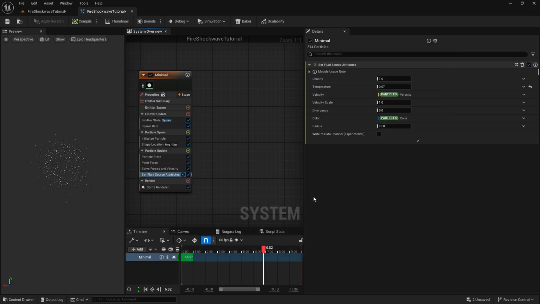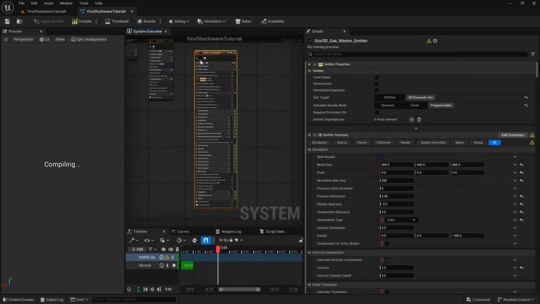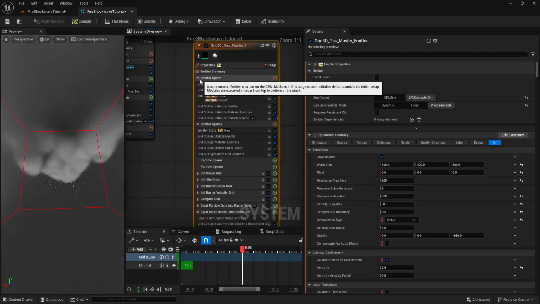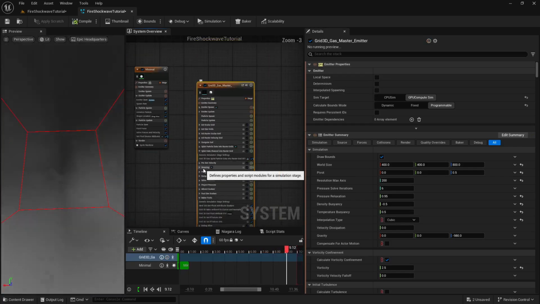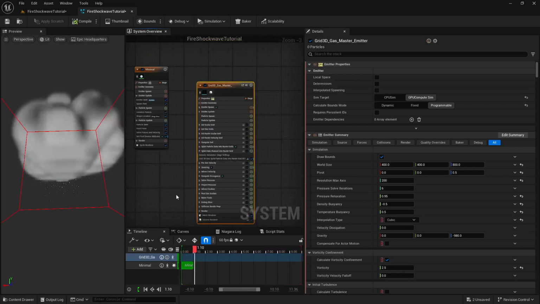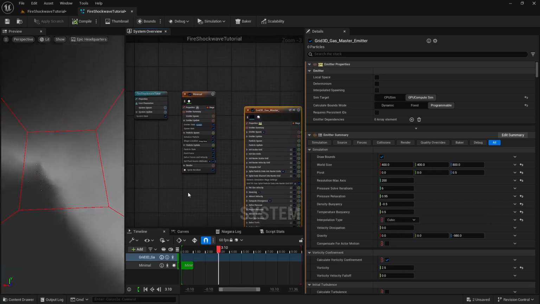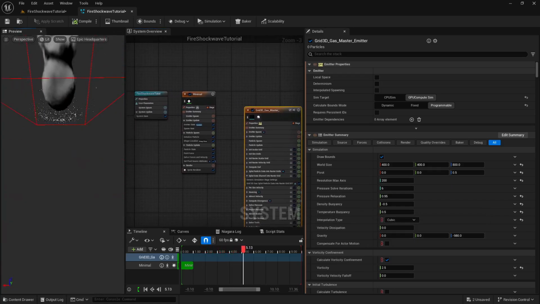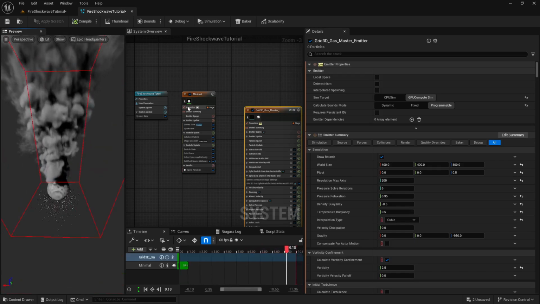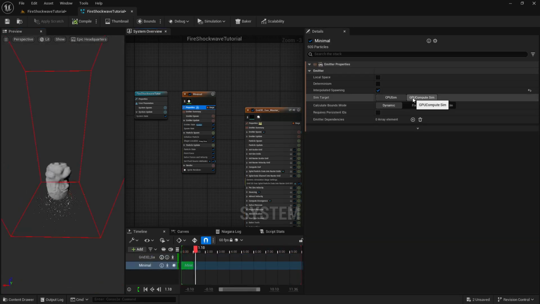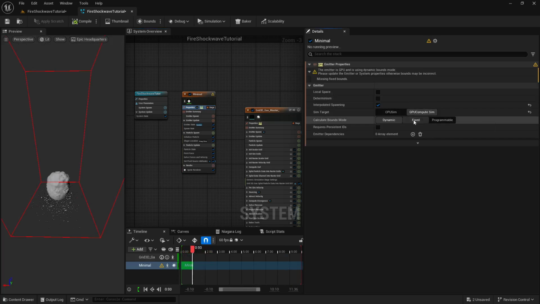Now, before doing anything, if you remember, this is a GPU particle system. So what we need, we basically need to make sure that our particles are also using the GPU system. Okay, so how you can do it, and now you can see we are having this smoke as well. Okay, so let's just do one by one. Let's just go to properties first. Let's just make sure that it's a GPU sim and it's fixed here.